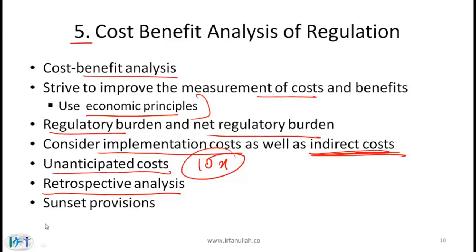Now, this also brings up the point of sunset provisions, which has been recommended by some people. Basically, a sunset provision says that when a law is enacted, there should be a provision that says that this law will automatically terminate at a given point in time, or more precisely, that after, let's say, 5 years, the law needs to be reconsidered. So this will force the lawmaker to consider the cost benefit over the 5 years, and only if the cost benefit is positive or acceptable is this law essentially re-enacted.